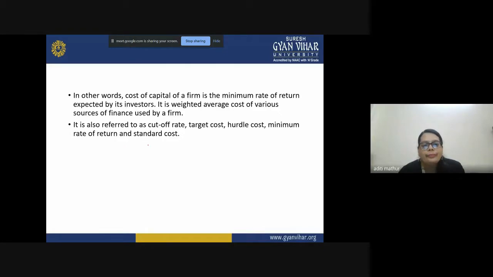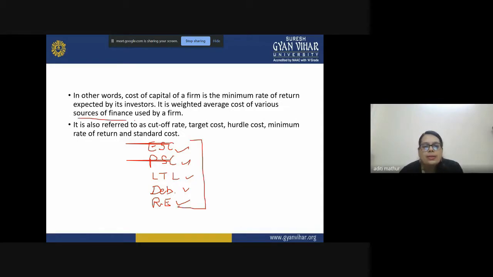So we have equity share capital, preference share capital, long-term loans, we also have debentures over here, and we have retained earnings. So these six avenues are the different sources of finance which a company uses, and they become a part of your capital